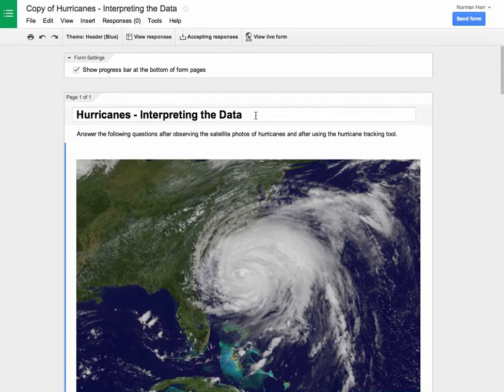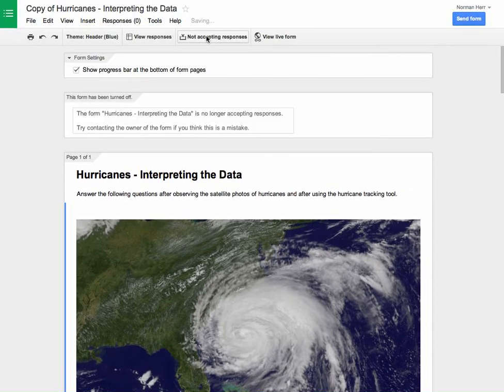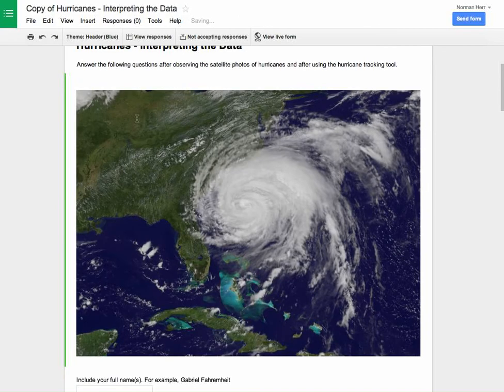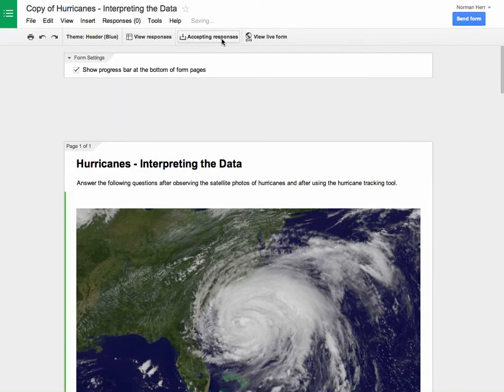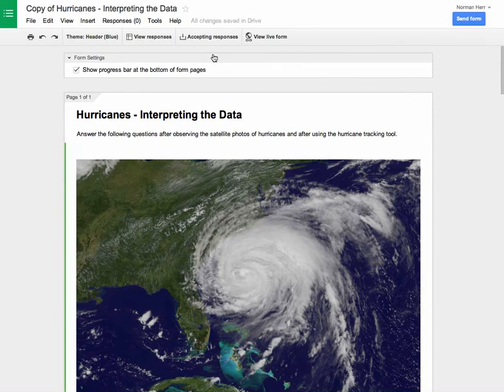Now, at any particular time, you can turn the form or the survey on or off. Right now, you can see this as accepting responses. If I click that, it's not accepting responses, and I can change the screen that people will see by simply clicking and changing this data right here. Right now, I'm going to turn this back to accepting responses, so that if somebody had this link, they could